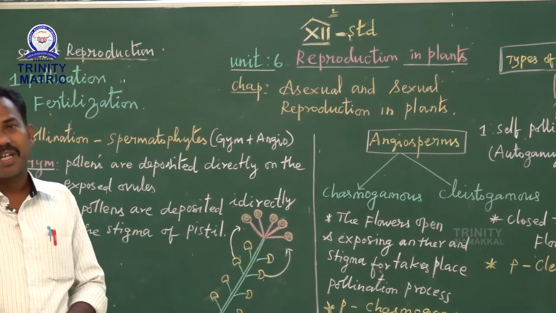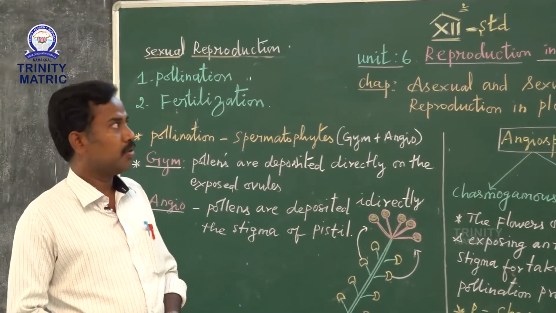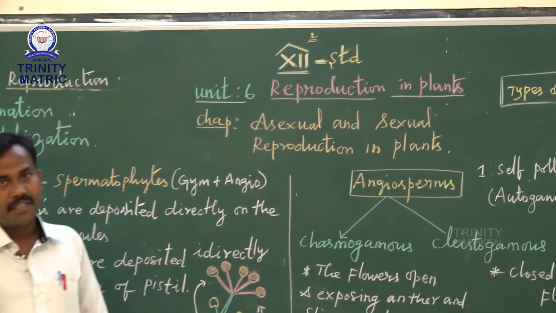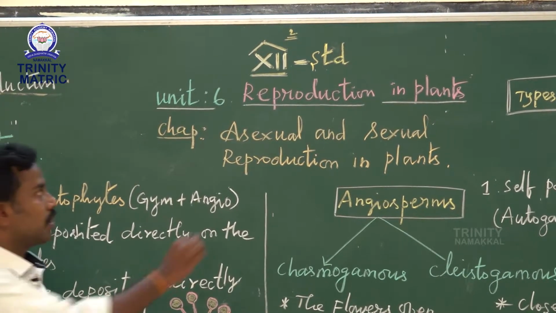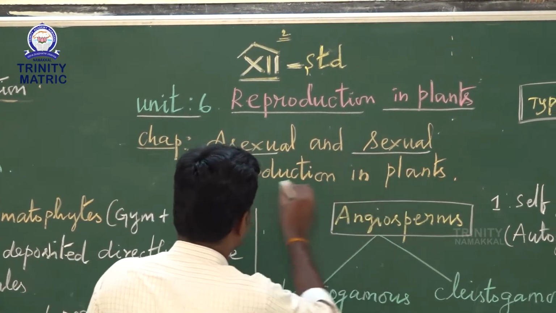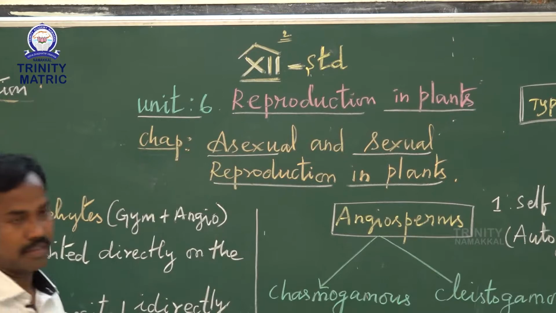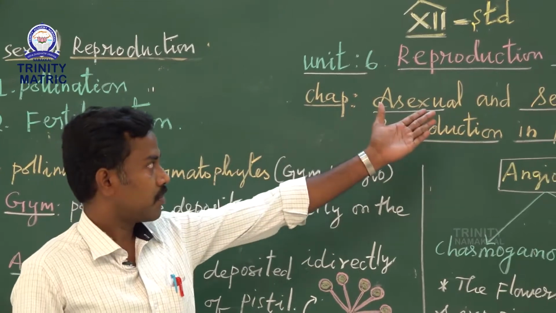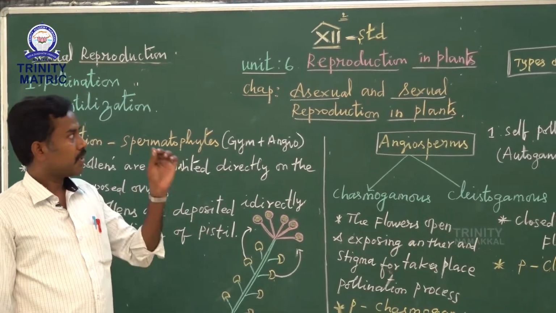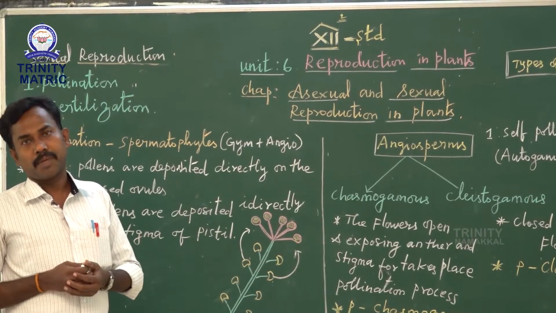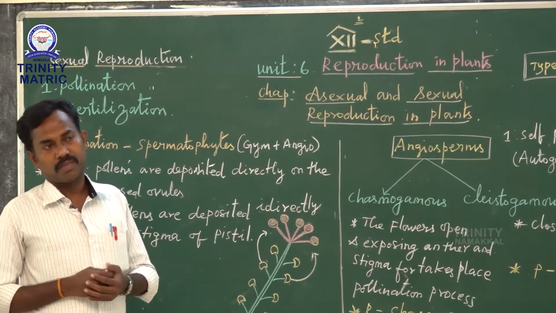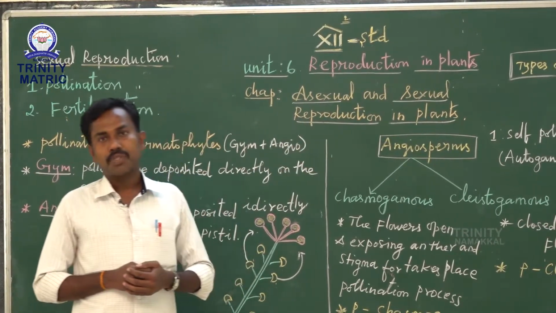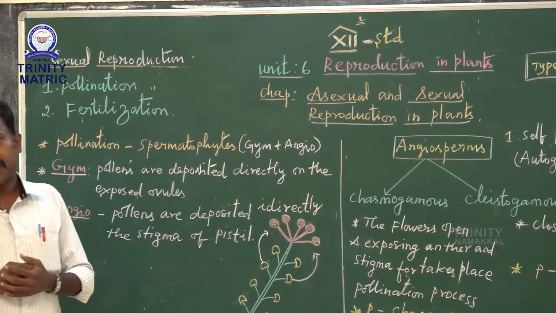Okay students, today we are going to discuss 12th standard Unit 6, Reproduction in Plants. In this chapter, we have to discuss asexual and sexual reproduction in plants. You already know well from lower classes what asexual and sexual reproduction mean. Once again, asexual reproduction means forming a young one without the fusion of gametes. That is called asexual. Another one is sexual reproduction, the fusion of both male and female reproductive gametes,